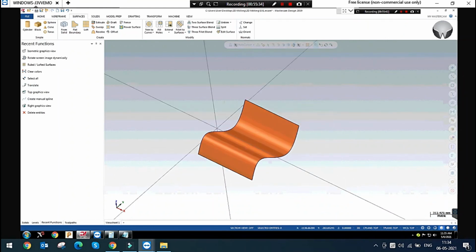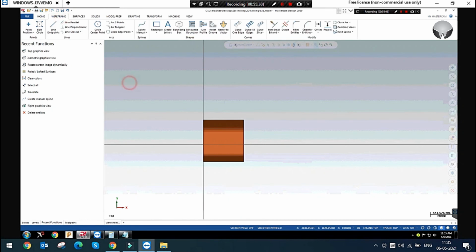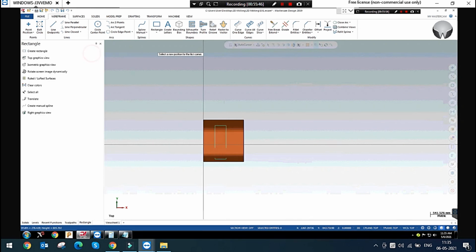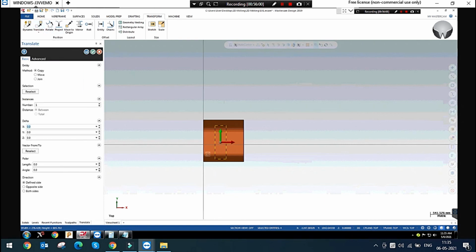Just see. I'm defining a rectangle. I'm selecting all lines to transform the height, 50 mm plus.